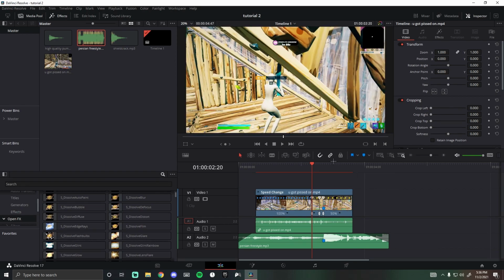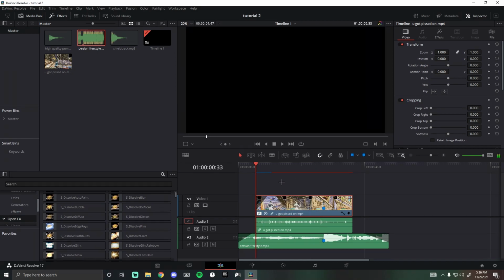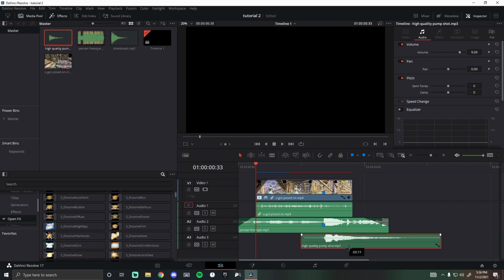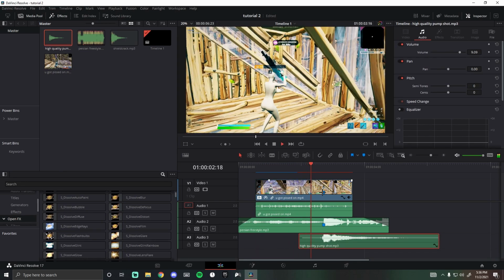You also want to make sure that your link clips are off, so that it doesn't make the audio sound weird. So, yeah. Now this is gonna have to render out again. So while it's doing that, I'll add audio sound effects. So turn off your magnet so you can get it in the exact spot. Grab your high quality pump or whatever sound effects you want to use. And then